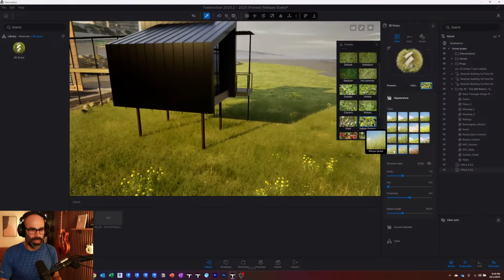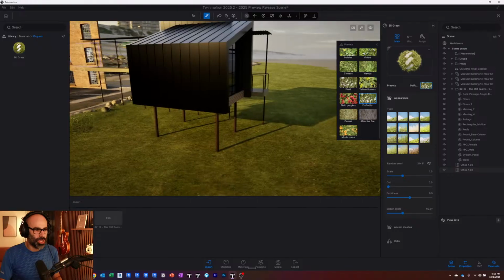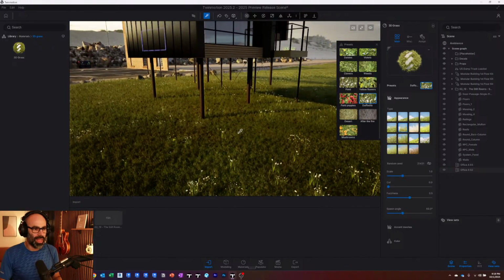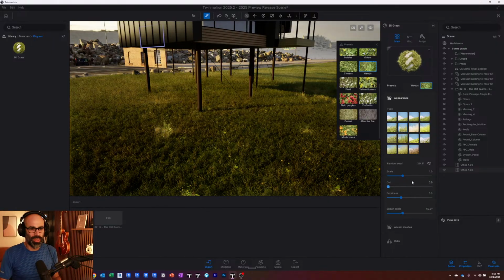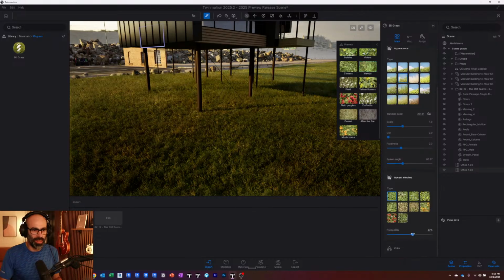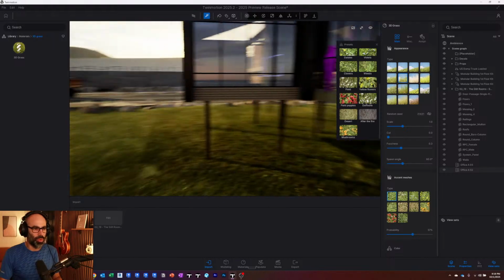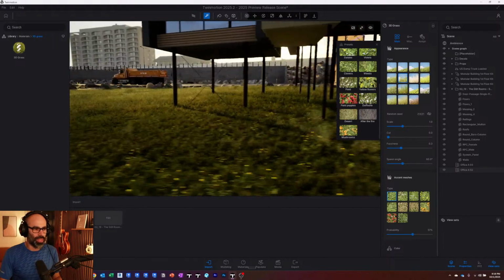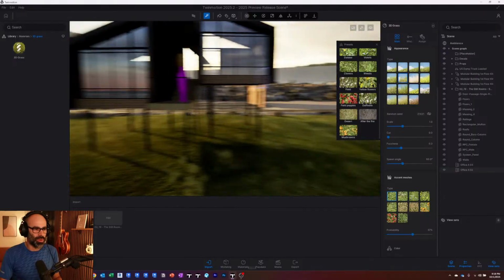And actually, let's do one last one. Let's do daffodils, sure. Right, and even once you do the presets, I'm going to go back to weeds because I like that. Once you do the presets, you can still change the cut, the spawn angle, and all the accent meshes and stuff like that after the fact. So super, super cool. Again, this was released in 2025, but they just added all these presets for 2025.2, and